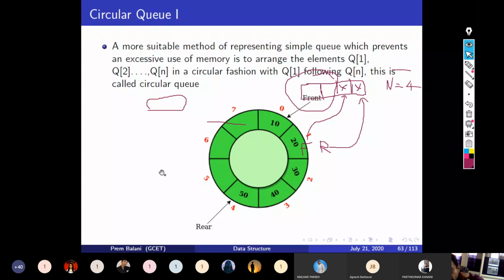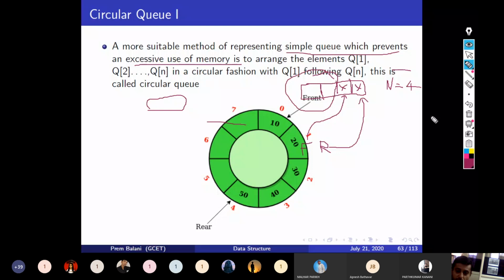The more suitable version for representing a simple queue, which prevents excessive use of memory, is to arrange the queue in a circular fashion. Here you can see it's a circular fashion.